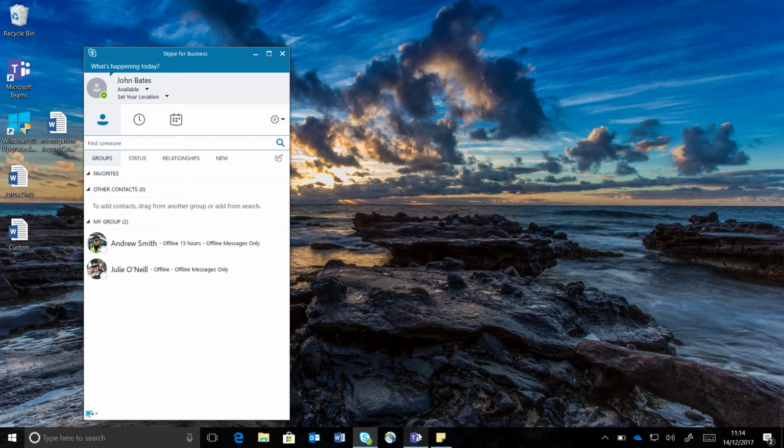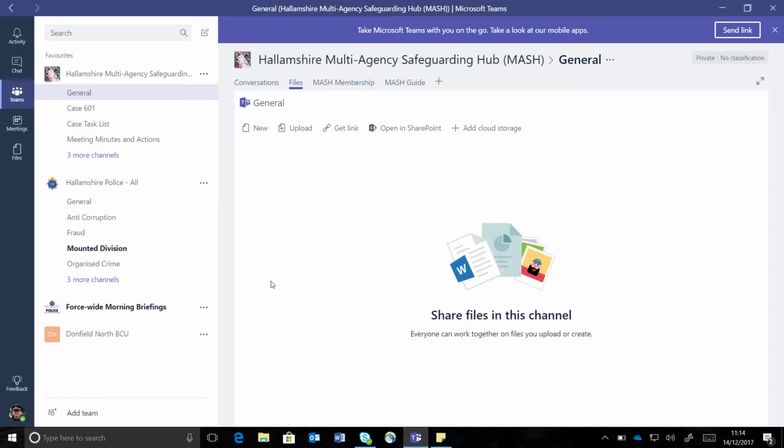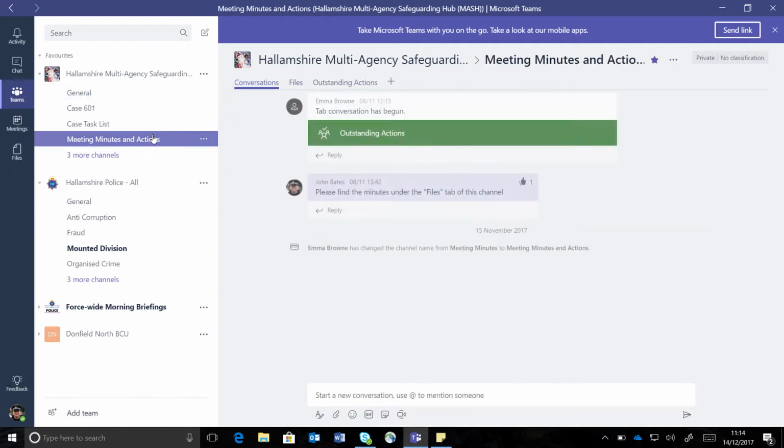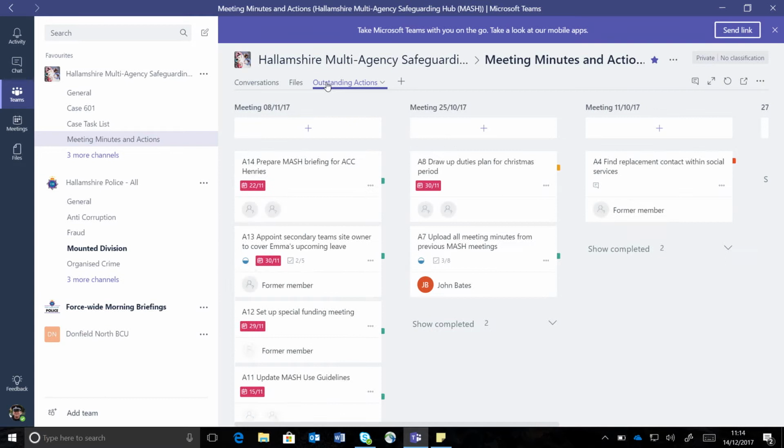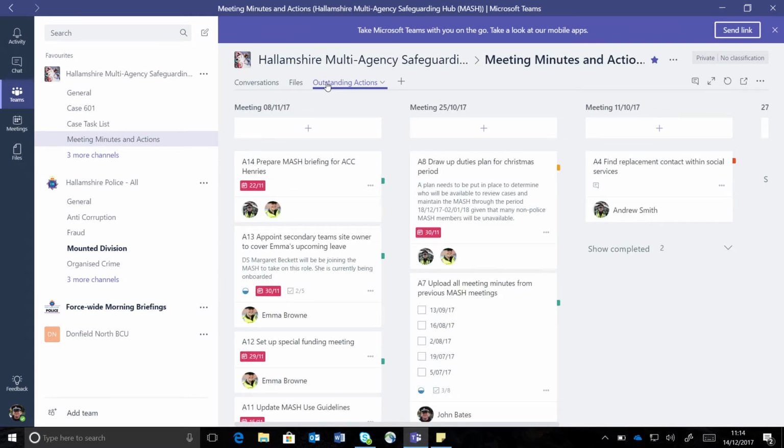Inspector Bates opens Microsoft Teams and goes to the Hallamshire MASH Teams site. Within this Teams site, there are multiple channels, some for cases, some for meeting minutes, and some with lists of outstanding actions. Inspector Bates wants to know if his contact, Patrick Sullivan, has already been added as a guest to